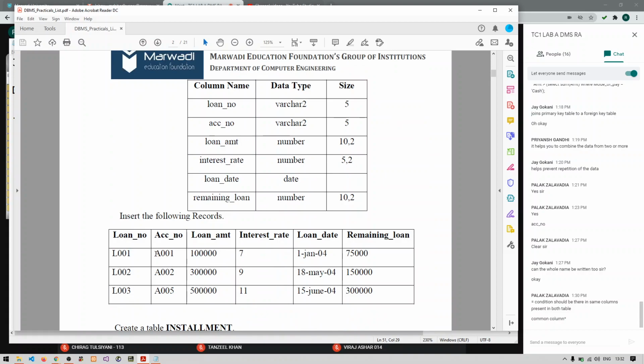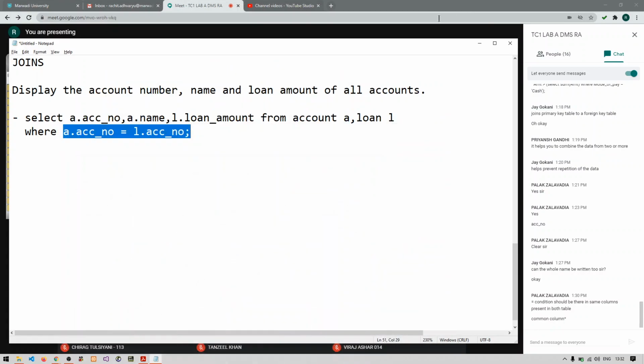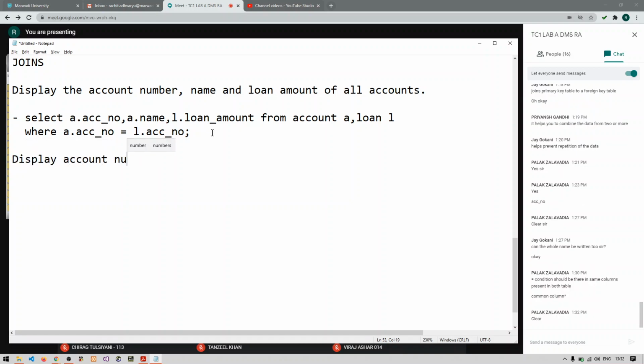So only the data of A001, 002 and 005 will be displayed in the output. So this is how the join operation works and you have to perform it. Clear or any doubts? Anyone, any doubts?